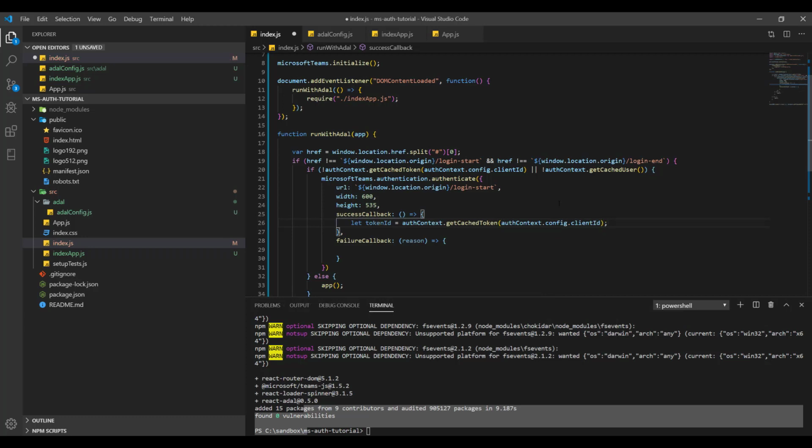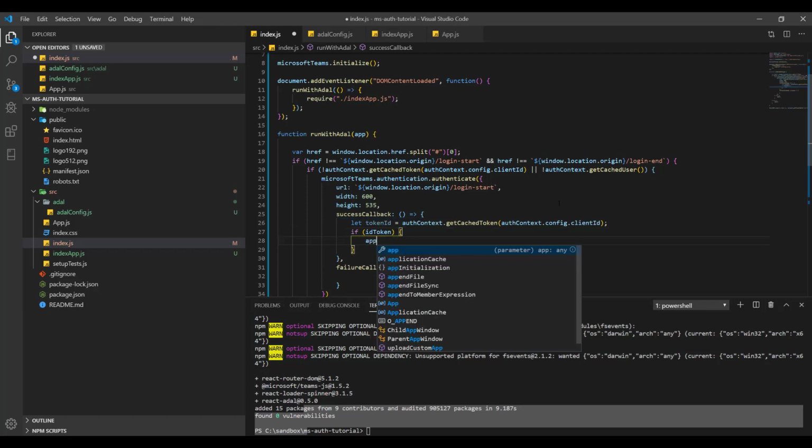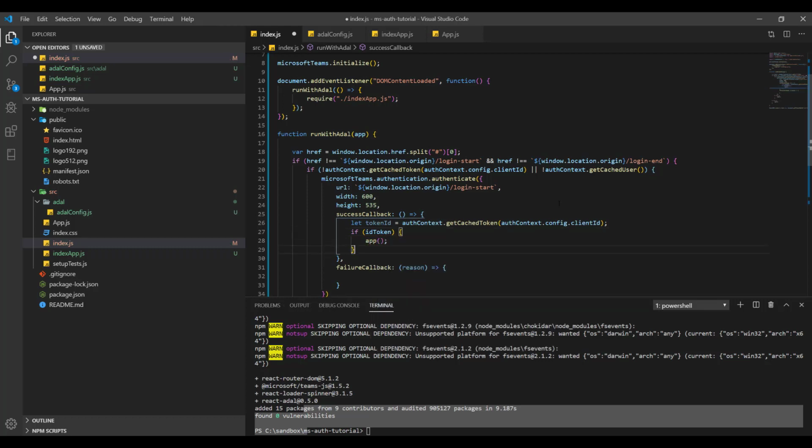Okay, so that's basically where we get our token from the local storage, or if you use the session storage, then it will get it from the session storage, but it will get it from the location where we save our tokens. So if ID token exists, is truthy, then we're going to run an app, and if not,